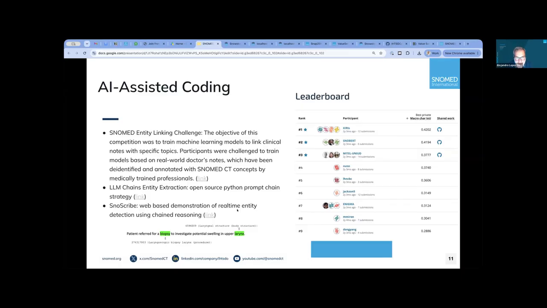The entity linking challenge. And the entity linking challenge is an interesting project because it has an agreement with a public database of real free text clinical data. And that database, you need to apply with a lot of restrictions and training to see how you use that data. Data is de-identified, but still there are a lot of restrictions about how to access that data. And in the context of the challenge, different companies will get access to that data, and they will train models to try to identify SNOMED codes in free text.